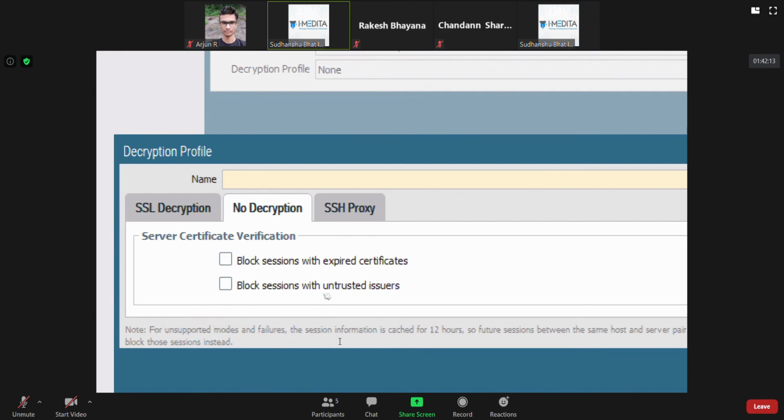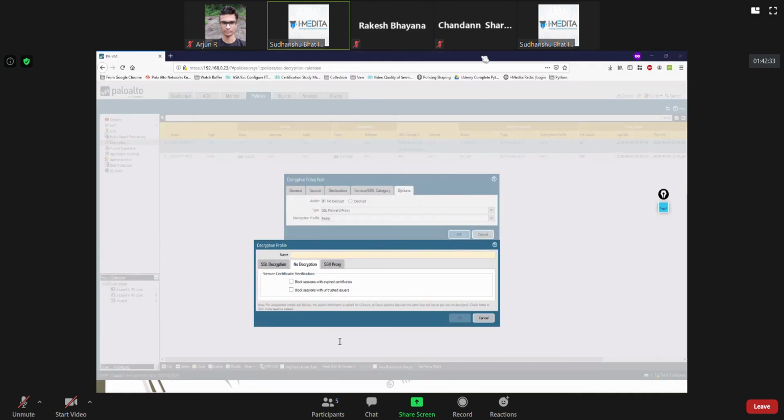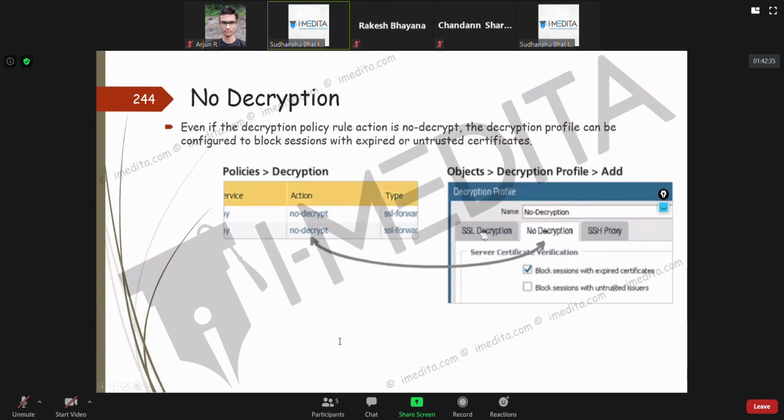We want to block that session, right? Or maybe there is a healthcare website, maybe some small time lab which does blood tests, and if their certificate expires, you don't want to allow people to access that session. So we can have a decryption profile even for sessions which are not actually decrypted. Are you getting my point?